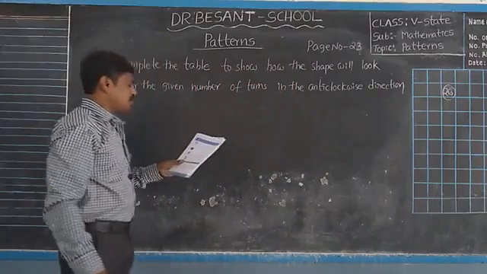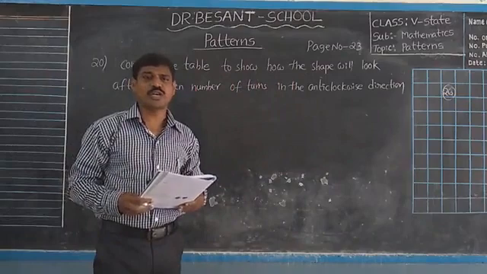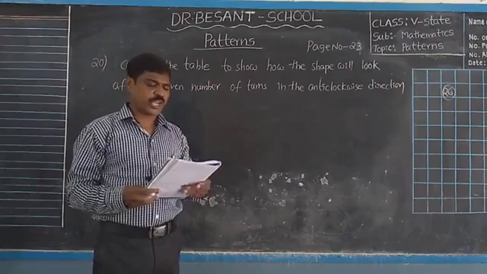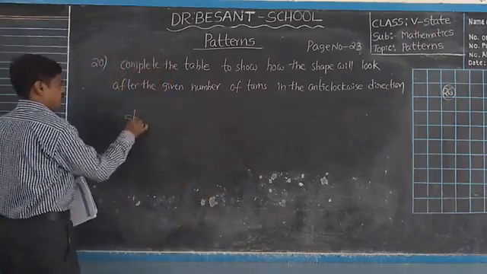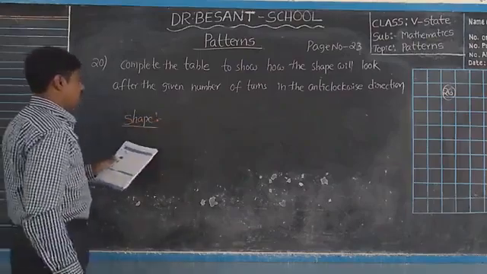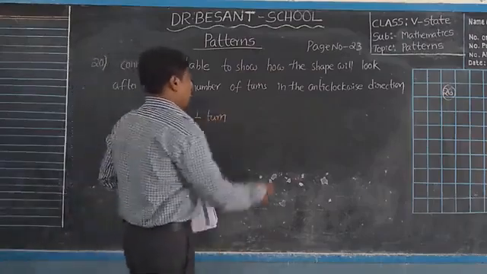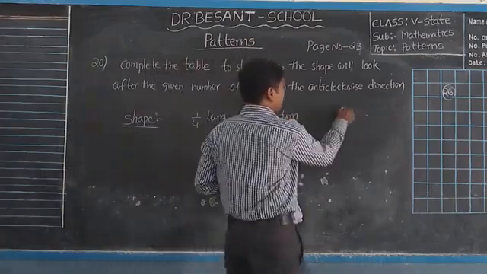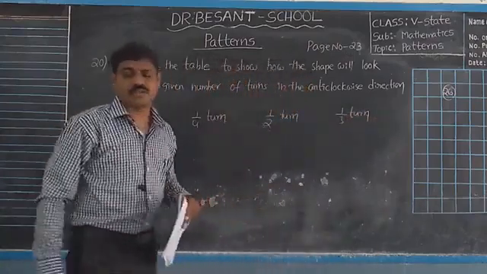Okay. Now the shape. Okay. Actually, this is the very lengthy one. I will show how to draw. Okay. Each shape by shape. So shape 1 by 4 turn, 1 by 2 turn, 1 by 3 turn. And the shape. Okay. So first 1 by 4 turn what? 1 by 2 turn what? Next to 1 by 3 turn what? Okay, children.